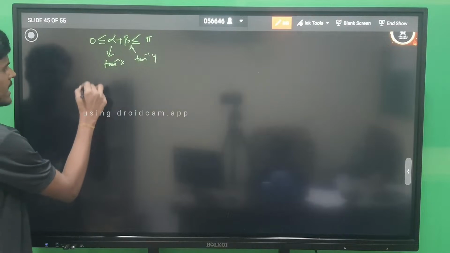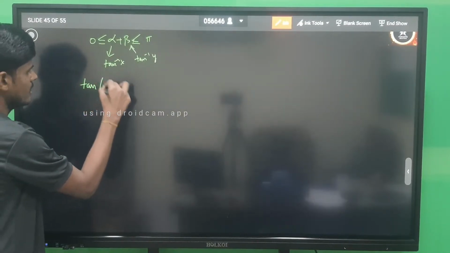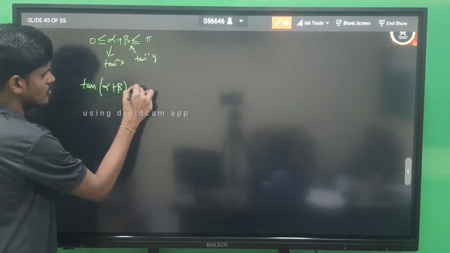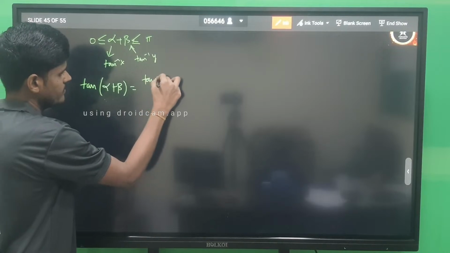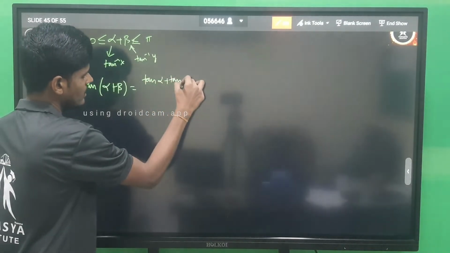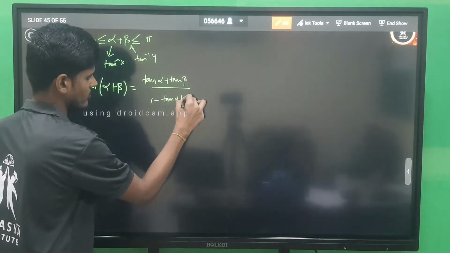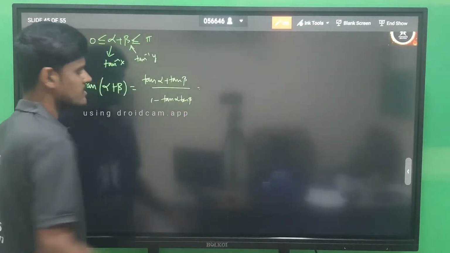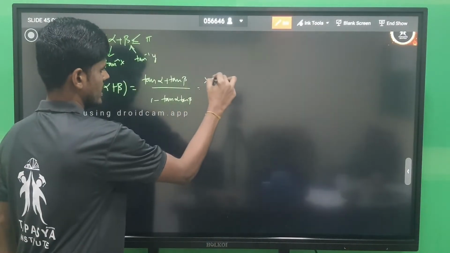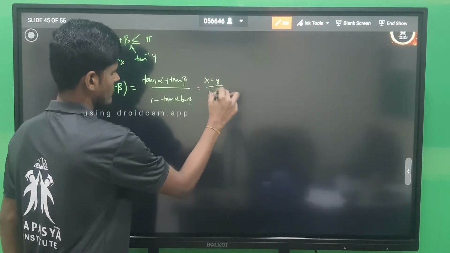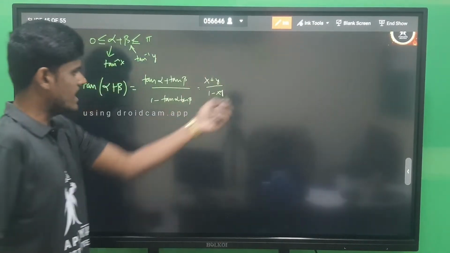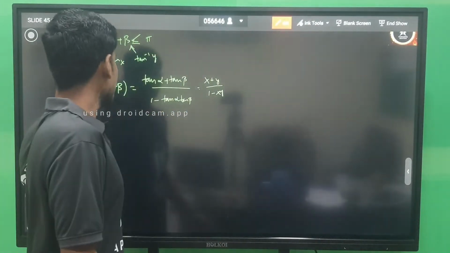Okay, now what is tan of alpha plus beta? Tan of alpha plus beta is equal to, again the formula is the same, (tan alpha plus tan beta) by (1 minus tan alpha tan beta). Now what is this value? This is (x plus y) by (1 minus xy). Now if this value is positive or negative, here x is greater than